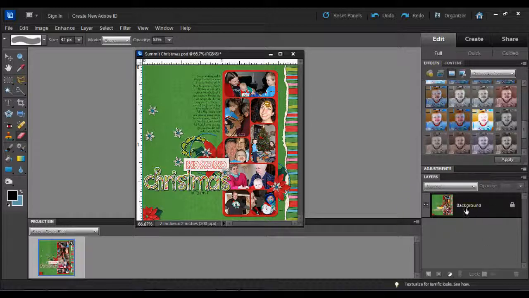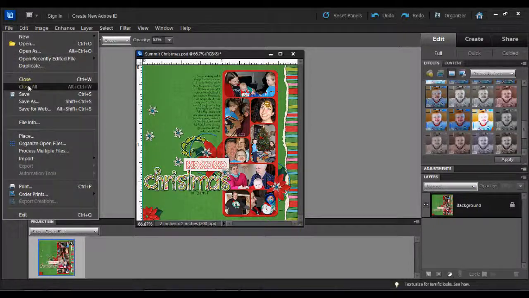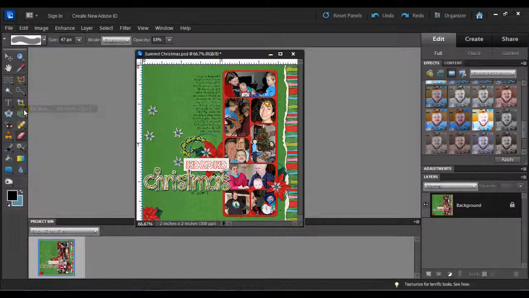Now this one did not do it in a second layer, so if you wanted to, you could have duplicated this layer and then added the sharpness so that you could have played with the opacity if you needed to, but since I altered the sharpness exactly like I wanted, I don't need it in another layer. So then, after either option, you're going to go to Save for the Web under the File menu, Save for the Web,